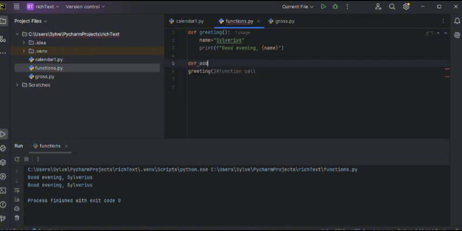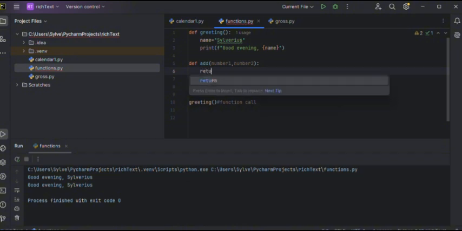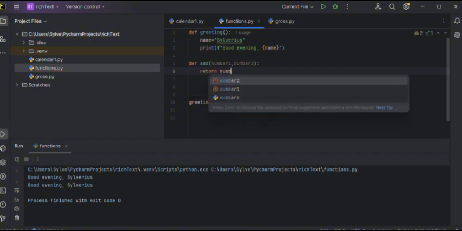For example, we want a function to do the addition, so you can say def add, then you can have some values here. These values are known as arguments. For example, you can say number 1, number 2, like that. So this function we want it to be able to add 2 numbers, and the first one will have the argument number 1, and then the next one will have the argument number 2, and therefore you can say